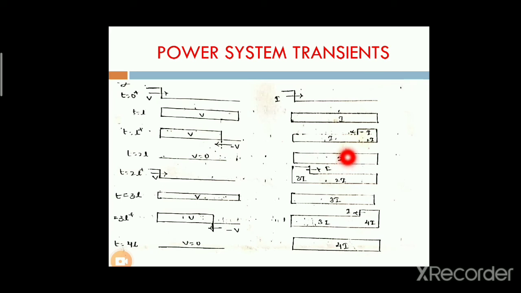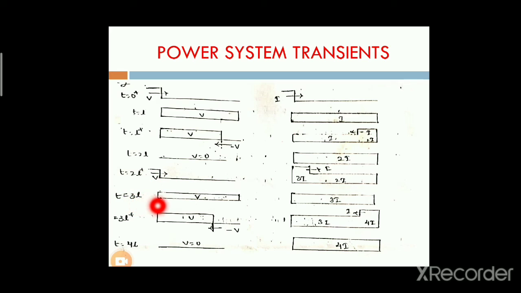In the current waveform, I plus I is equal to 2I. Therefore at t is equal to 2L plus, the voltage V appears again. After V is equal to 0, the voltage wave increases, so it is equal to V. After increasing that voltage, we obtain 3I, that is 2I plus I, which is equal to 3I.